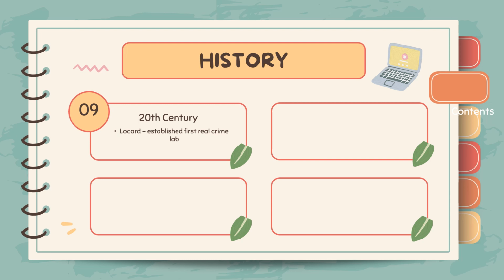Now in the 19th century, Sir Robert Peel's 9 Principles of Policing was introduced. And Cesare Lombroso's Italian school, or positivist theory, was introduced in the 19th century. And in the 20th century, Locard